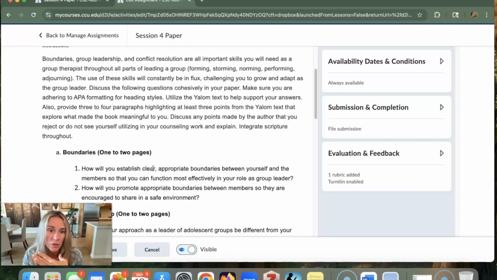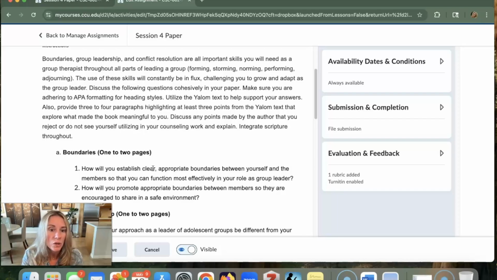Make sure you're adhering to APA formatting for your heading styles. Utilize the Yalom text to support your answers. So you need to be citing, you don't have to quote, you can just refer to, but you need to cite and reference Yalom. Provide 3 to 4 paragraphs highlighting at least 3 points from the Yalom text that explore